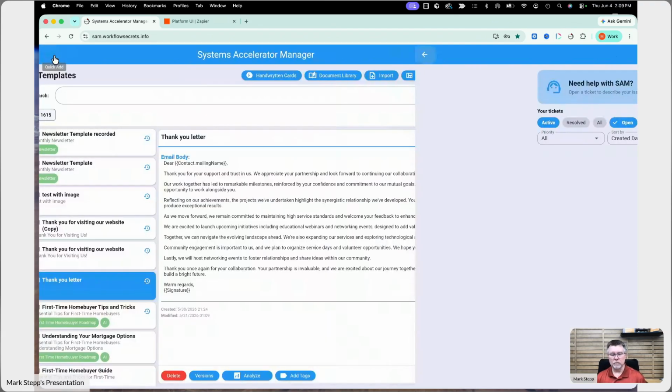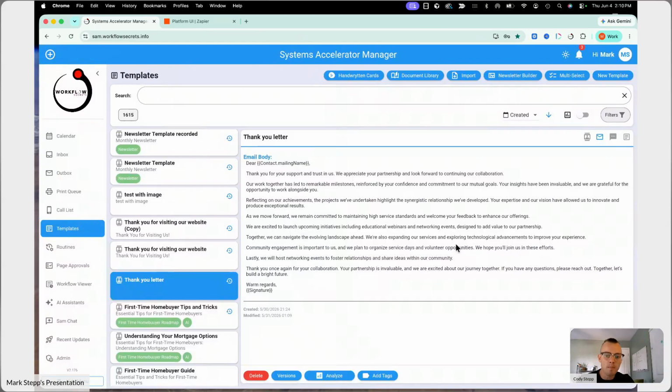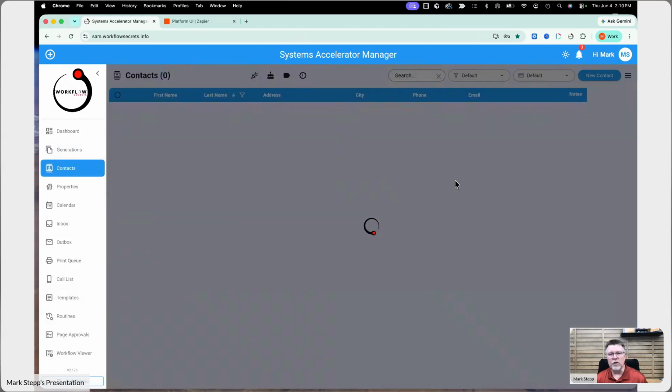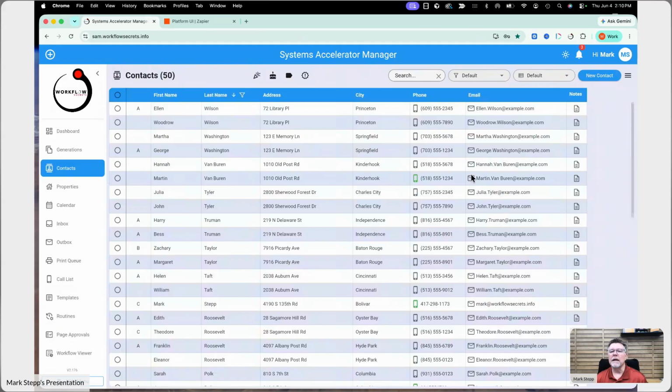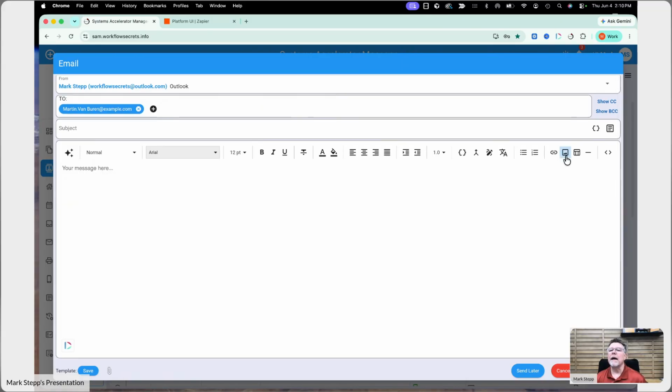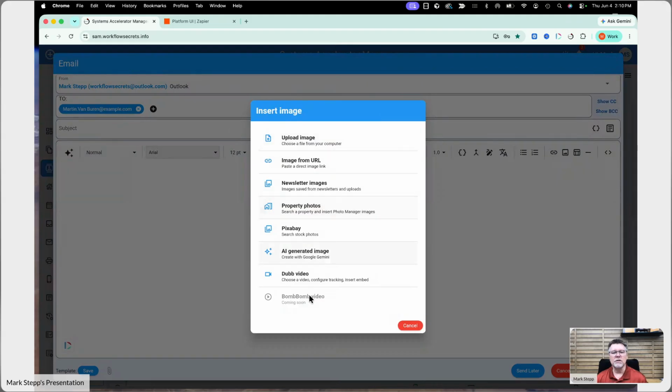Mark, do you mind showing how to add images one more time? Yeah. So inside of either your template editor or, and I'll do the exact same thing inside of a contact record, it really doesn't matter where you do it because it's the same editor. But let's just say I go in and maybe I'm going to do a new email. There's this picture frame icon. It's got some little mountain type things. You put your cursor wherever you want it to go. You click on the little icon there and then choose the type of